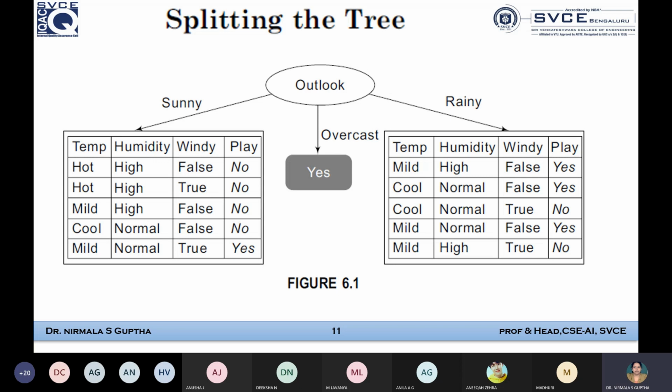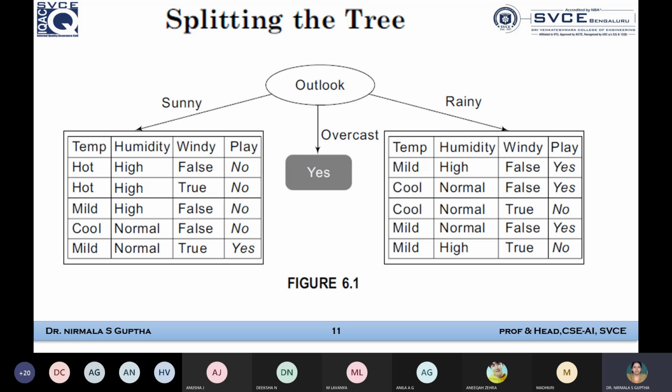Then what is the total error? Add the numerators and denominators. Our denominator is obviously 5, no doubt about it. So 5 is common for all three attributes, temperature, humidity, windy, under sunny. So what is the value now? 0 divided by 5 is the total error.